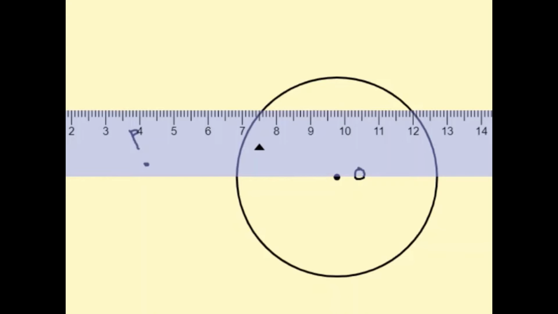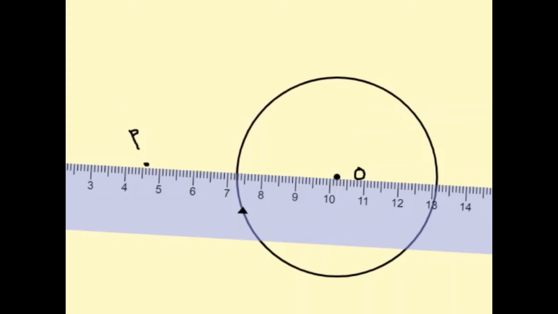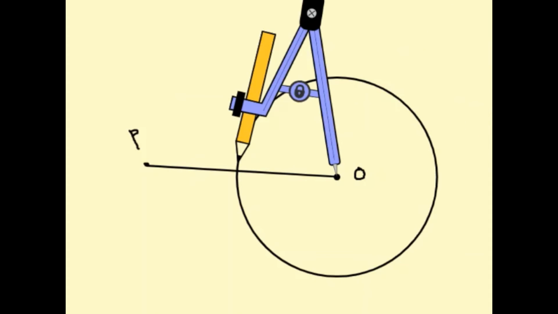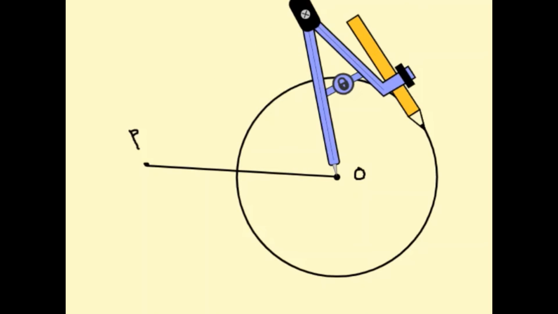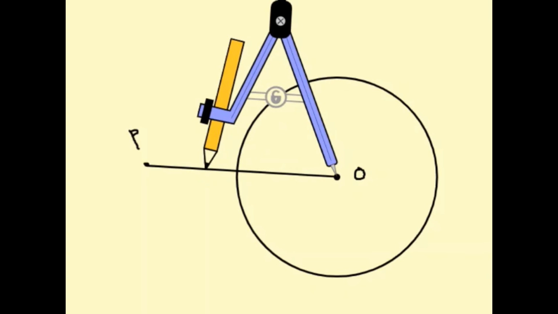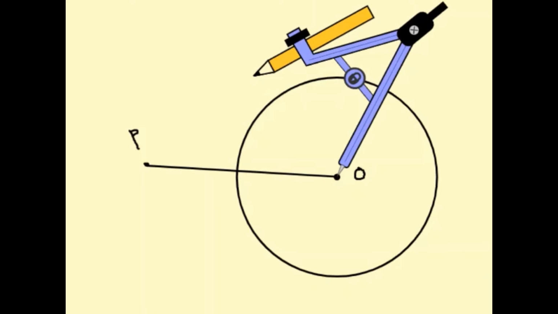Let us take a ruler. Now let us join PO. Okay. Now after joining PO, what we have to do? We have to bisect it. How? We have to bisect it perpendicularly. To do the perpendicular bisection of this PO, we have to adjust the compass in such a way that it measures more than half of PO, and then we shall make arcs above and below the line.